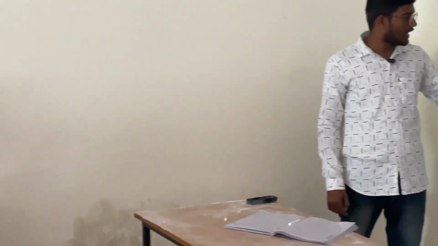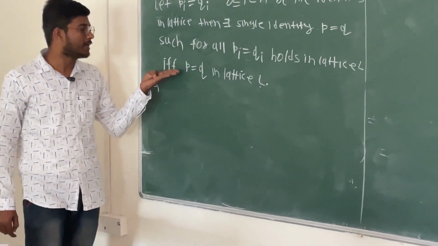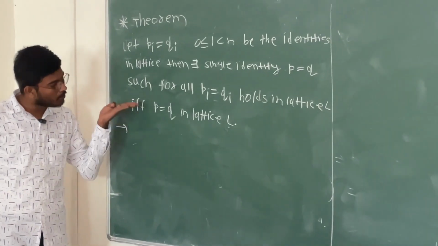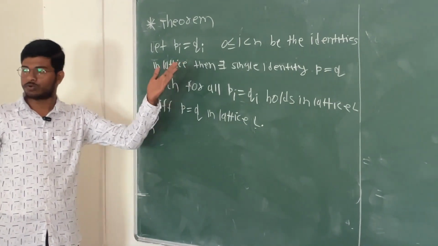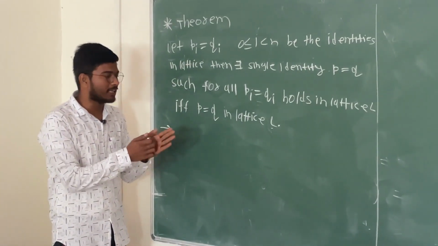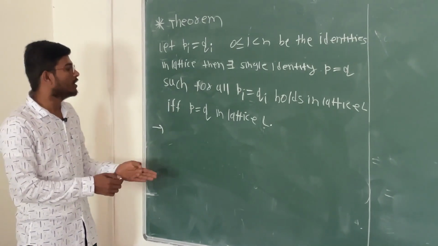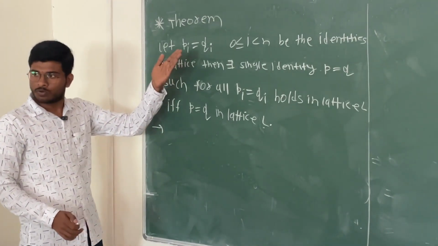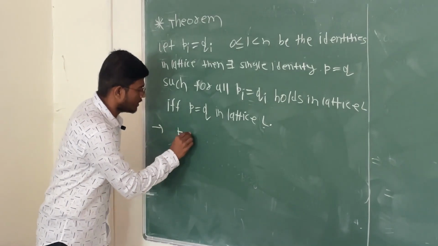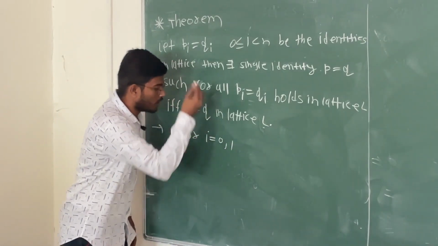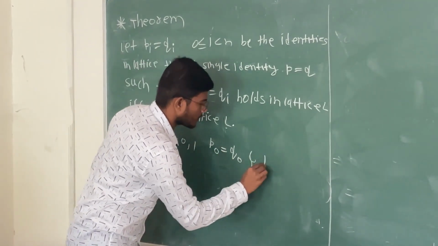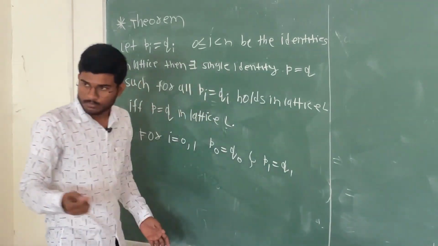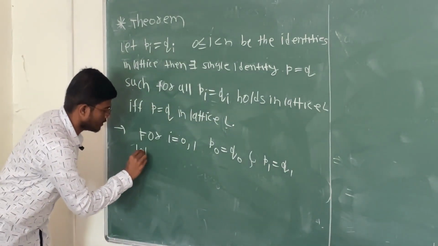Is this clear? In the first part we will prove that there exists a single identity p equal to q in the lattice, and in the converse part we will make use of this p equal to q in the lattice and prove that it holds for the identities pi equal to qi. So first of all we prove there exists a single identity p equal to q in the lattice. So we have these pi equal to qi. For i equal to 0, 1, we have p0 equal to q0 and p1 equal to q1, and suppose